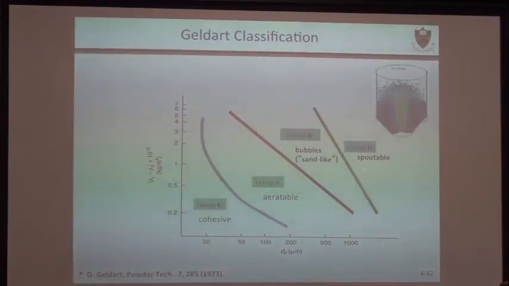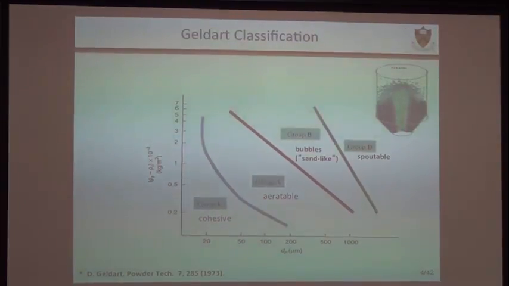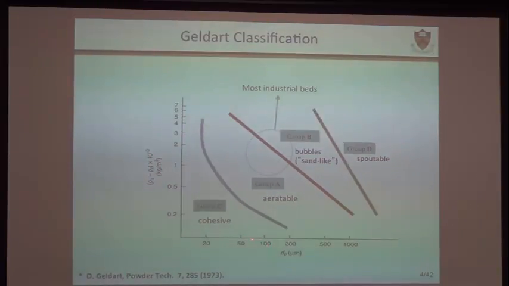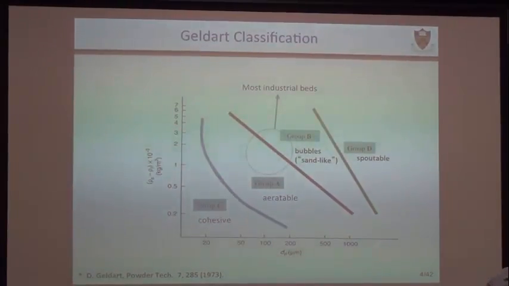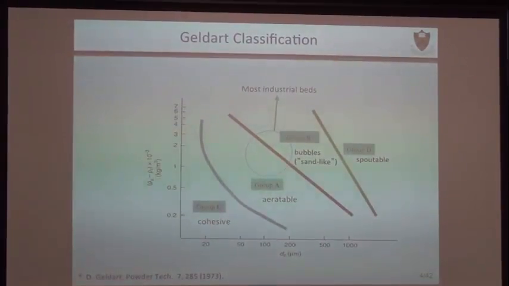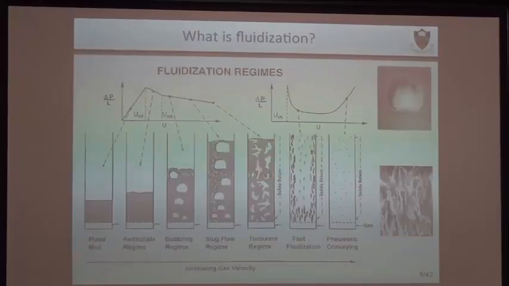If you go to very large particles, they also don't fluidize very well, and people tend to operate them as spouted beds. So you have a conical shaped bottom, pretty high velocity gas, and you try to use circulation. This is a typical operating mode. But most of the industrial systems operate between these two regimes, where you have typically 75 to 150 or 200 micron particles, density of between 1 and 2 grams per cc. And the reason why people choose this size range goes back to multiple reasons, like fluidization behavior and also separating particles from the gas. So if you look at particles of that type, I'm trying to imagine what happens.